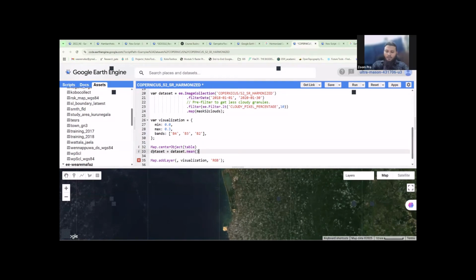Mean, and we are going to clip it to our study area. Just press clip and space, and again we are going to clip to the study area. It's table. We are going to add the same layer as dataset over here. That's all, nothing else. So if you run it,